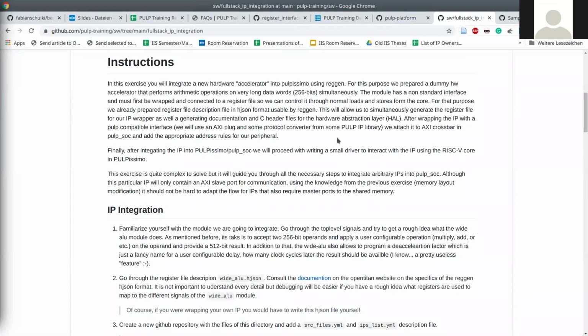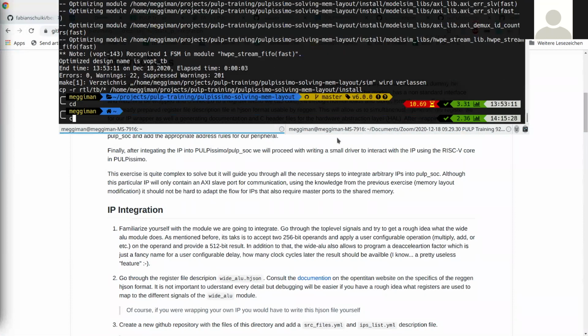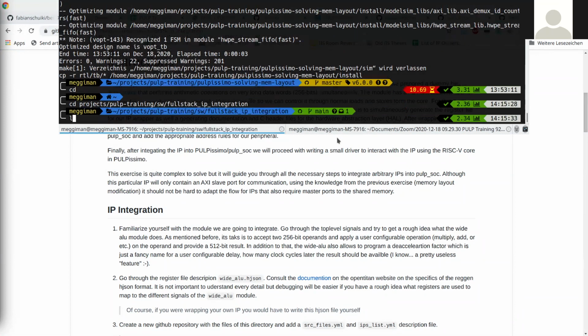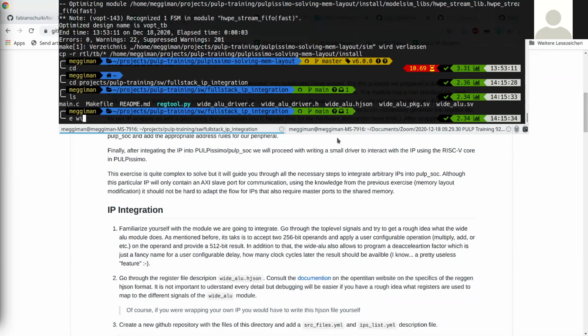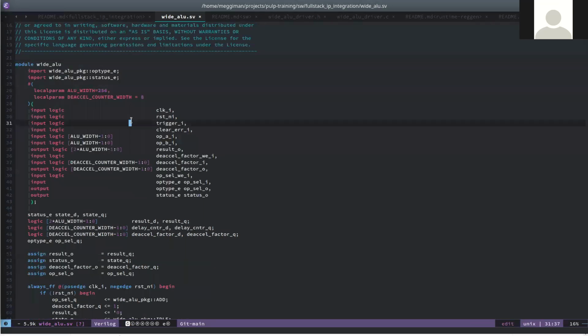We prepared a little stupid dummy IP. I can show it to you. This little dummy IP is over here. The dummy IP is called Wide Alu, and we call it accelerator or sometimes de-accelerator because it's actually slower than doing it in software. But this little dummy IP is a hardware accelerator which is supposed to perform mathematic operations, addition, subtraction, multiplication, as